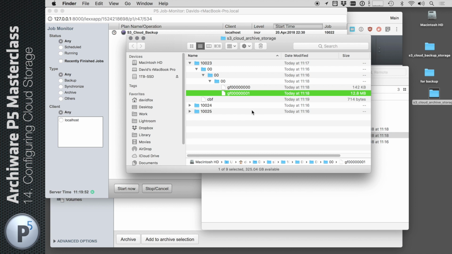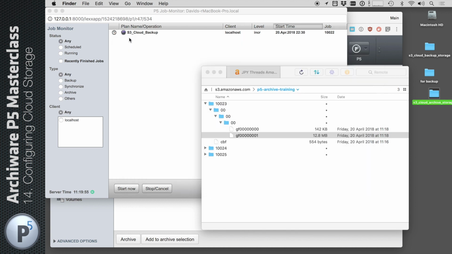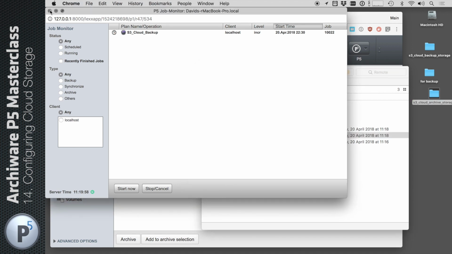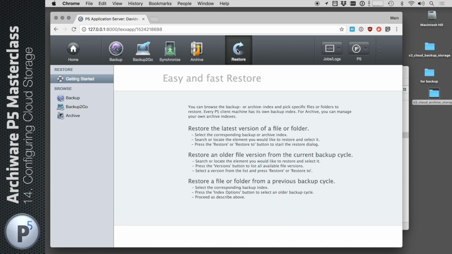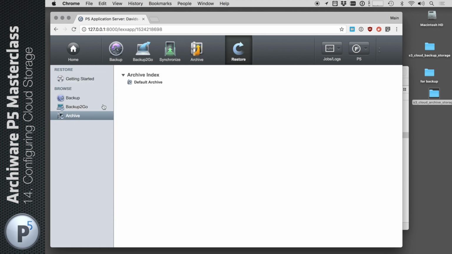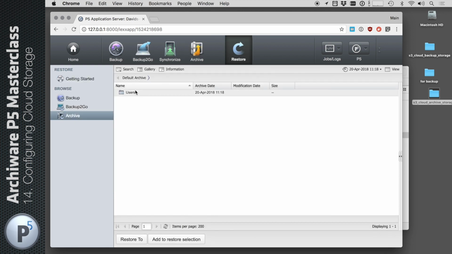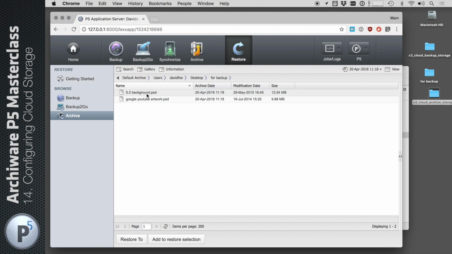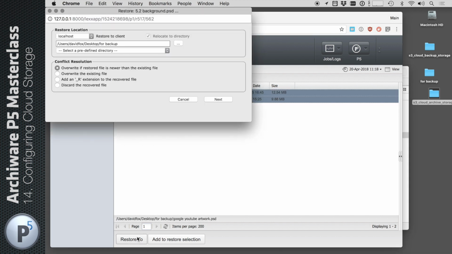We could, just as a test though, remove that chunk now from disk, which will force P5 to pull this copy of it back from the S3 bucket. So just to prove that is the way that things work, if we go to our archive index and browse down to locate what we just archived, then if we choose to restore these 2 PSD files back to the desktop